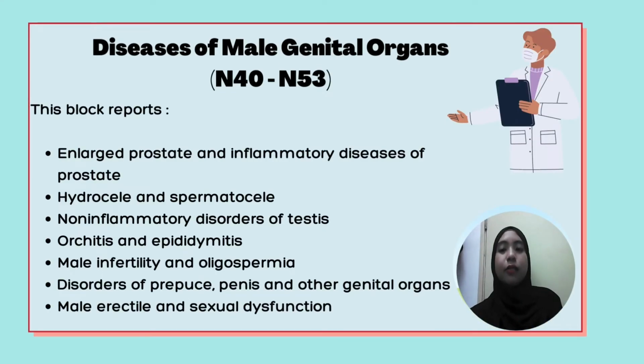In this chapter, we also have diseases of male genital organs, which is the code block from N40 to N53. These diseases relate to the male reproductive system and male reproductive organs. This block reports